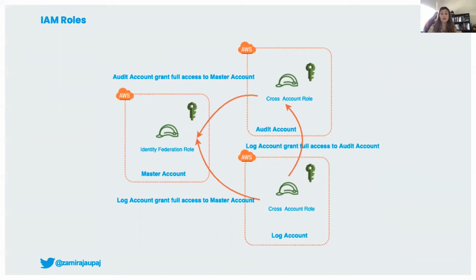For example, Control Tower itself has a service IAM role linked to these services, allowing Control Tower to create Service Catalog, single sign-on, or other services as well. Another type of role that is created is the cross-account role. This type of role delegates access across AWS accounts. In this scenario, the audit account and log account allow the master account to use their resources. SAML federation role also delegates access across AWS accounts, but using SAML federation.